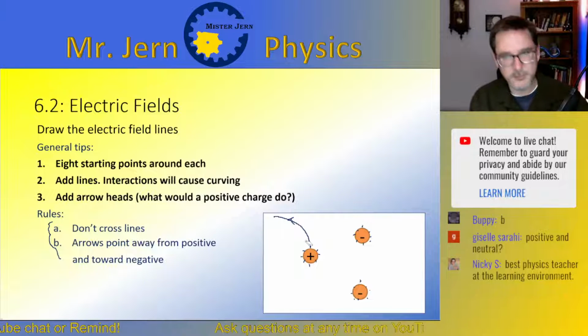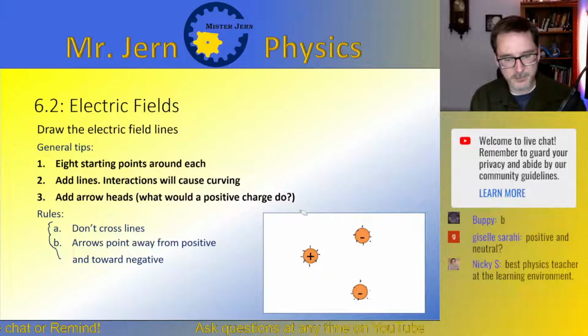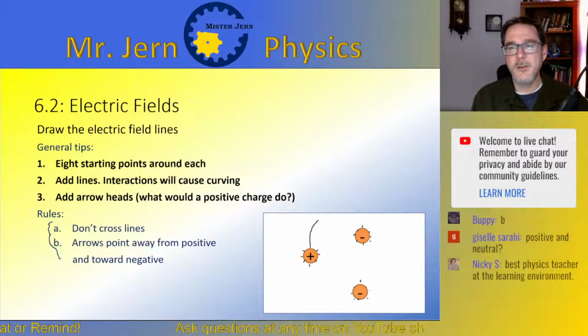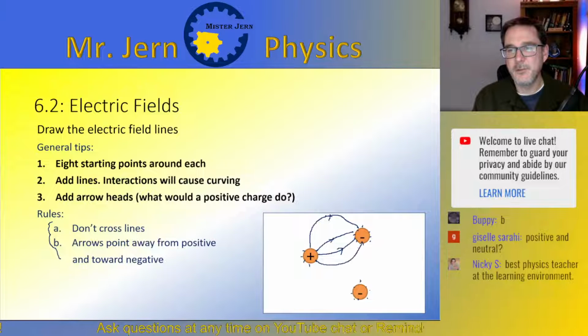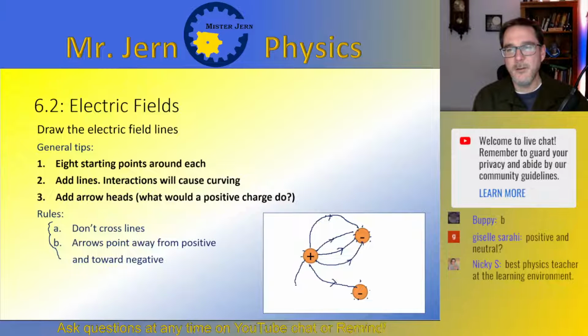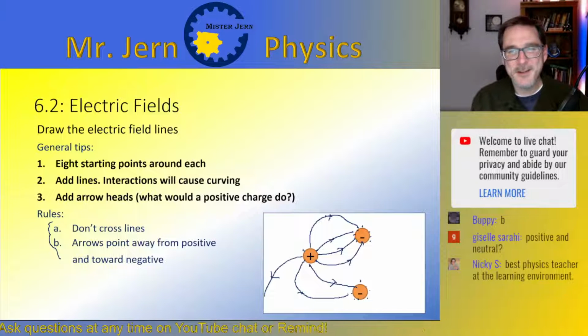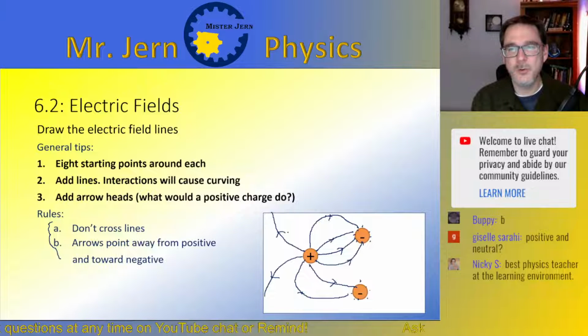Oh, hang on, Mr. Jern. Not only does it go away from the positives, it goes toward the negatives. Yeah, so away from positives towards the negatives. Straight out away from one positive and toward the negative, something like this. There's a whole other negative right down there. Away from the positive toward the negative. There are ways to do this that are a little bit more accurate, so to speak. However, as long as you don't cross the lines and your arrows always point toward the negatives,